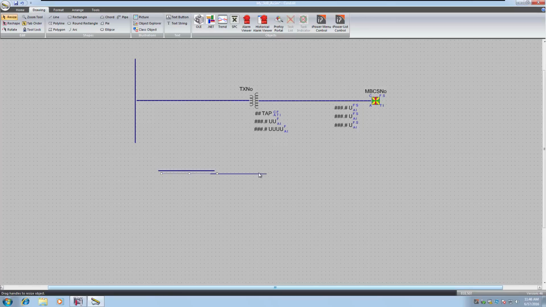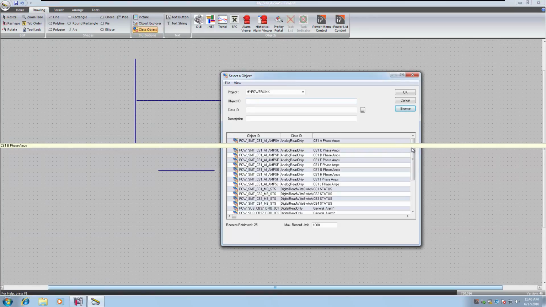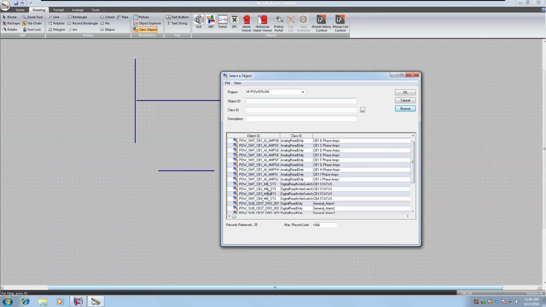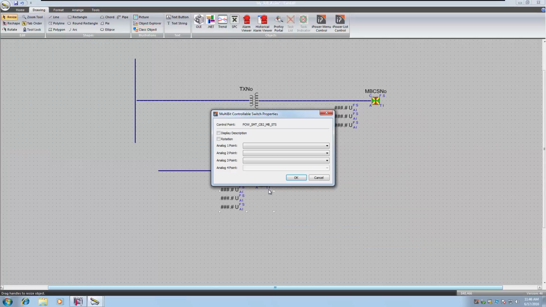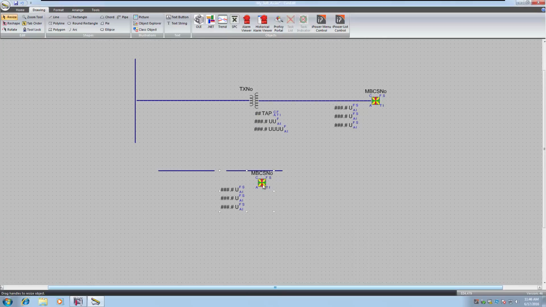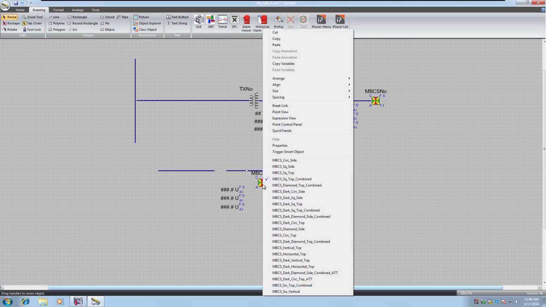Copy and paste that. Now we're going to put the CB2, 3 and 4 circuit breakers off the feeder here. So I'm going to insert another class object. This time it'll be CB2 MB status. Now we don't have phase amps configured for this particular device, so I'm going to change the